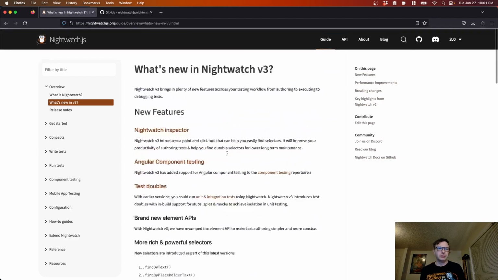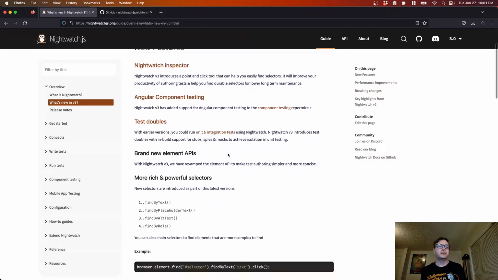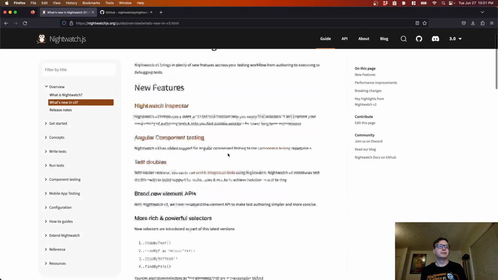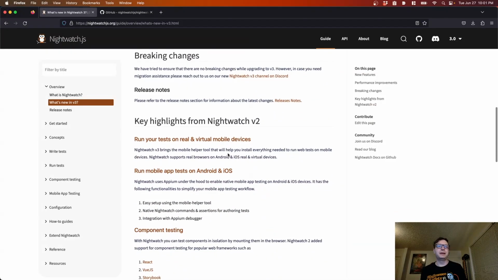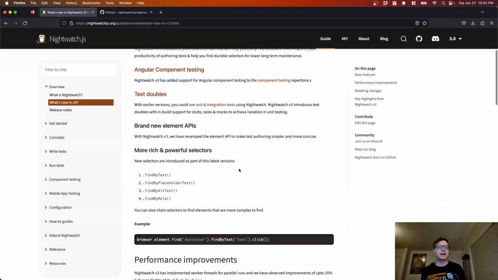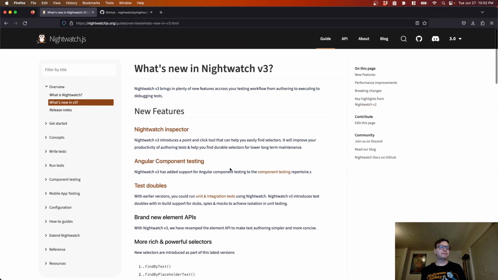Cool, the new Nightwatch just has a ton of stuff. So much stuff. It's going to take me forever to go through all of these. It's going to be impossible for me to do everything that Nightwatch can do. Just way too much stuff, like API testing, unit testing, test doubles. It's just crazy stuff they just shoved in here in a short period of time. So let's just take a breath